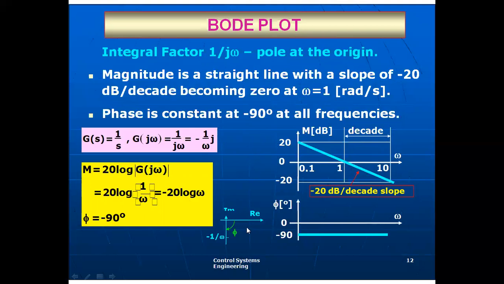And for the phase angle, for an integral term, the phase angle will be minus 90. If it is 1 by s square, it is a type 2 system, so we'll get 2 into 90, which is minus 180 degrees. In this way, for higher types, that is 1 by s cube, you have to multiply the type number with the angle 90 degree, so we'll get the actual angle. So the angle plot will look like this. It will be a minus 90 degree with respect to frequency.